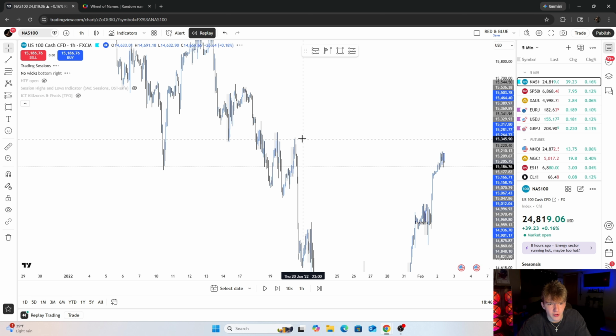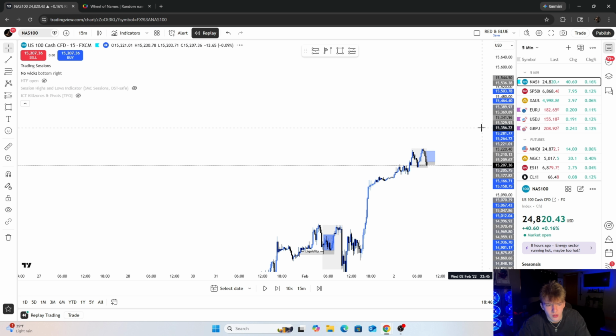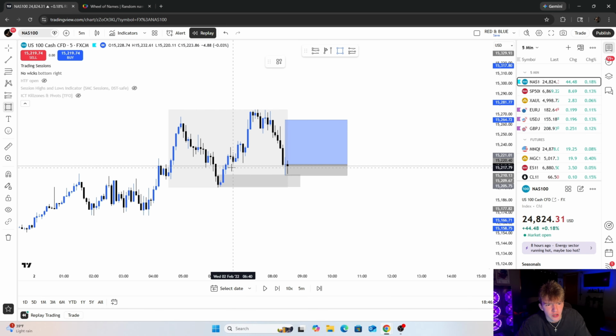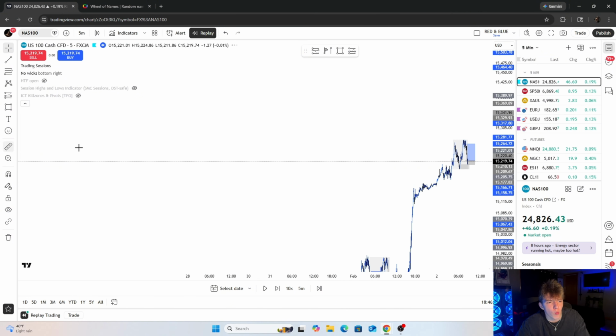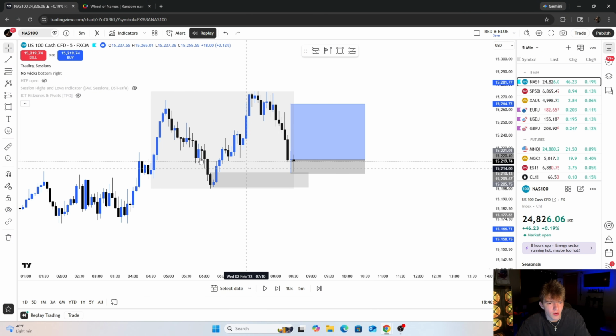On a different pair. Those were not taken yet. To be honest with you guys, I would not take this trade. I'll tell you guys why. This liquidity does not seem strong enough for me. We're currently reacting off a 1 hour supply to the left. And again, this liquidity just doesn't seem strong to me.